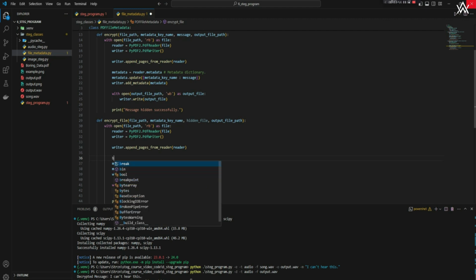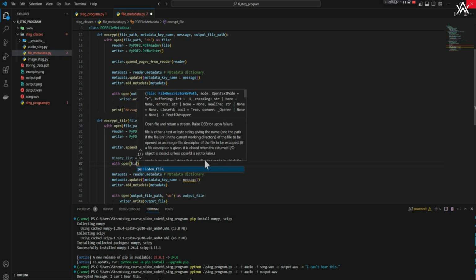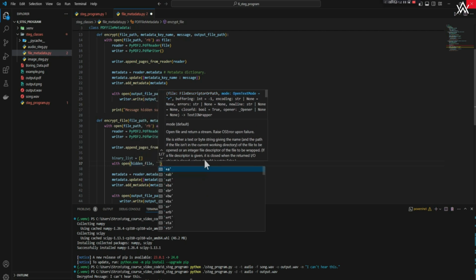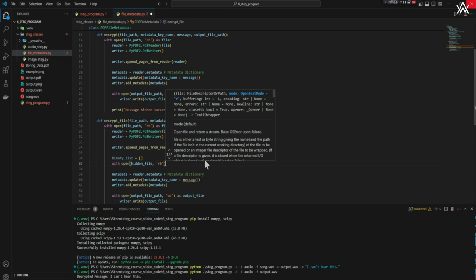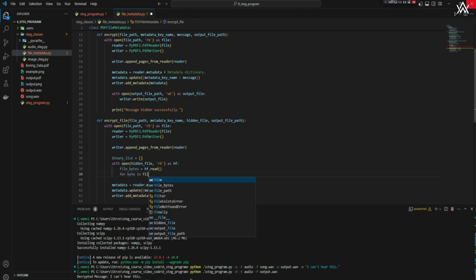very quickly, we're going to create a new variable called binary list, and we're going to set that equal to an empty list, and then we're going to actually open up our file in binary mode. So we're going to say with open, and we're going to say hidden file, right, the one we passed, and we're going to put it in rb mode, so read binary, and we're going to say as hf, so as hidden file, and then we're going to say file underscore bytes is equal to hf.read. And so we're actually reading the bytes now, and we're storing that in the file bytes. So this returns a list of our bytes, and we're going to say for byte in file bytes,